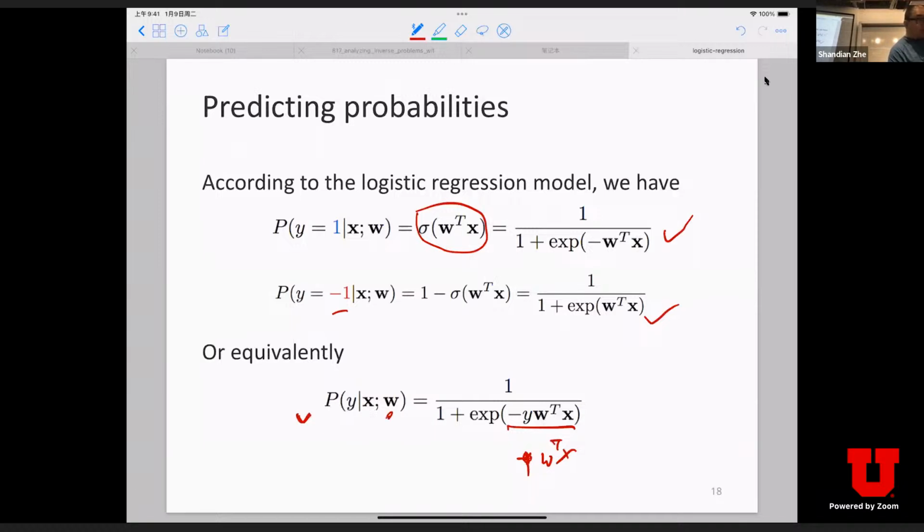The thing after the semicolon just means the model parameters, because you want to learn these model parameters. But y and x are given. In training, your y and x are the training input and training output. And in testing, your x is given, but you're going to predict the probability of y equals 1. All these are decided by the step where you want to learn W from data. Any other question? I'm happy for any kind of interaction. But if you feel this is really straightforward, we can just proceed.